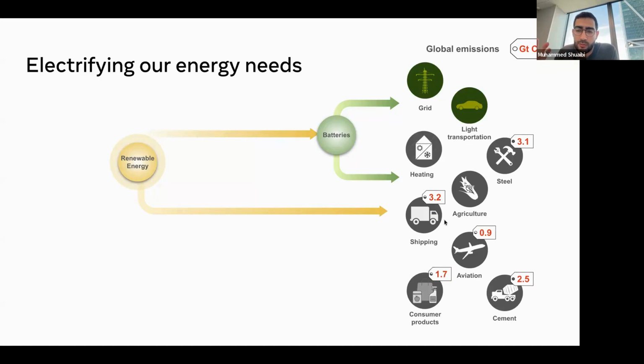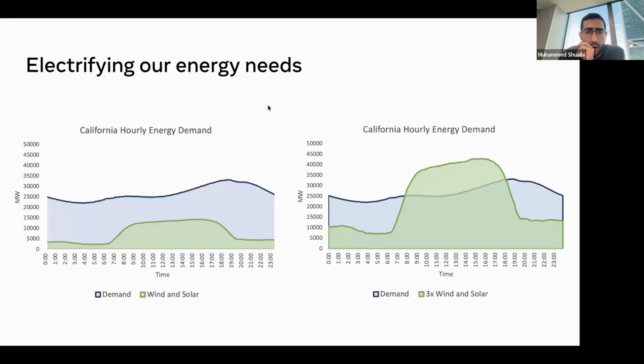So a lot of these have some of the highest emissions coming from these industries. So the shift to renewable energy is particularly important for these domains, because they are big contributors to global emissions. And one way to do this is like, okay, why don't we just increase energy production? Let's get more renewable energy, install more solar panels, install more wind turbines. Let's generate more renewables. That will solve the problem.